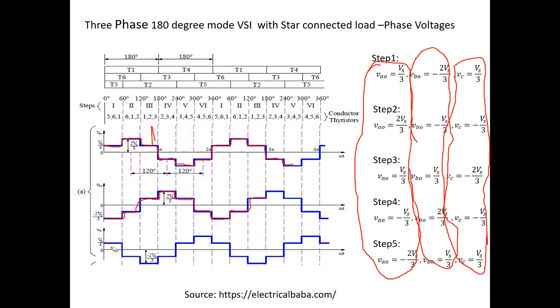One important observation: all phase voltages are going to follow the same pattern with a 120 degrees phase shift. Shift the A phase voltage by 120 degrees and you would get B phase voltage; shift the A phase voltage by 240 degrees and you will get C phase voltage. So all phase voltages have equal magnitude but with some phase shift, right? So they are balanced.